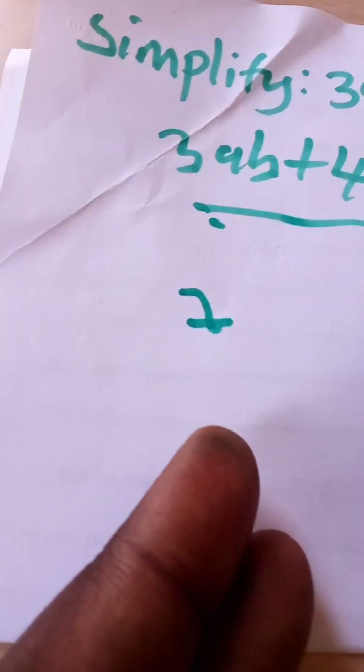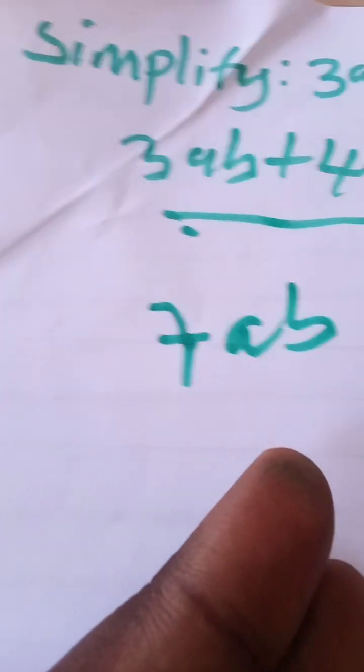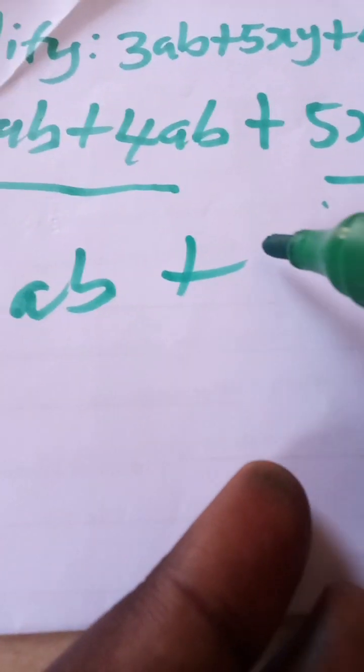So here we are going to have 3AB plus 4AB, which will give us 7AB, plus 5XY plus 6XY will give us 11XY. So here we write